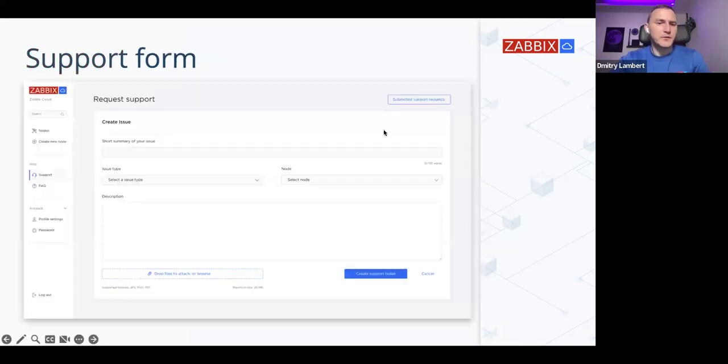And this is how the support form looks. On the left navigation bar, there's the support tab. You just create a summary about the problem. You can choose from the issue types, and right now there are just a few of them: node is not working, payment related issues, other questions, and, not exactly an issue, but we also have the issue type